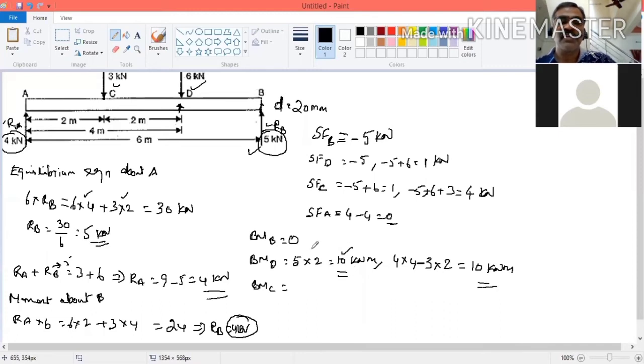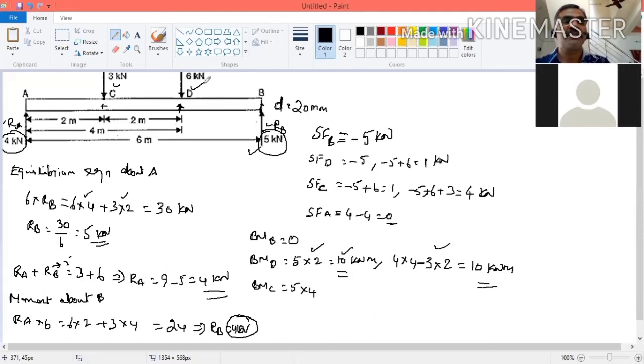This is considering the right side of the beam, and this is considering the left side of the beam. Similarly, we are going to find the bending moment for point C, right side of the beam and left side of the beam. Both you can calculate, you will get the same answer. If we consider the right side of the beam, the 5 kilonewton is a counterclockwise moment, positive on the right side. So it is 5 multiplied by how much distance? Now we are taking moment about C, so the distance is 4.